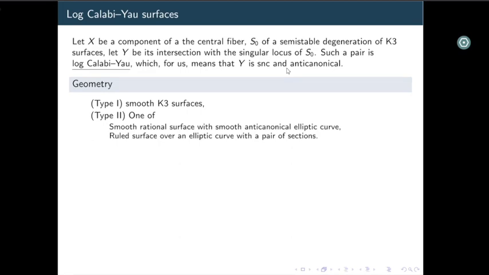So this is like P2 and a smooth elliptic curve, a smooth cubic. And then there are the ruled surfaces over an elliptic curve, with the pair of sections giving you your anticanonical divisor. So for type 2 degenerations, you have